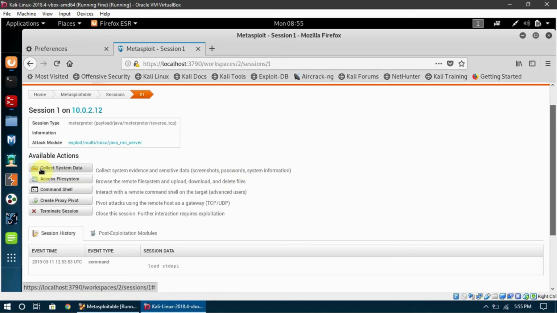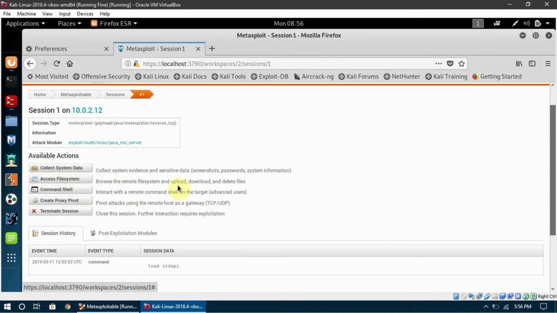Using the collect system data option, we can collect screenshots, passwords, and system information. But this option is only available with the pro version, and we are using Metasploit Community, so I cannot do that here.